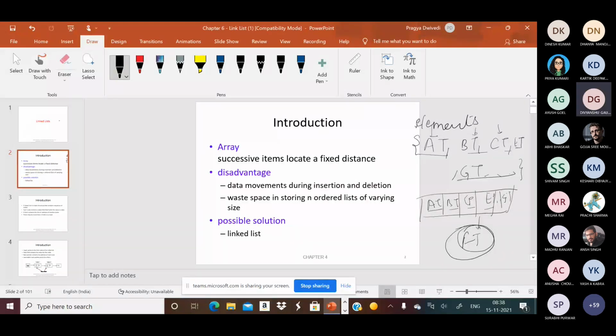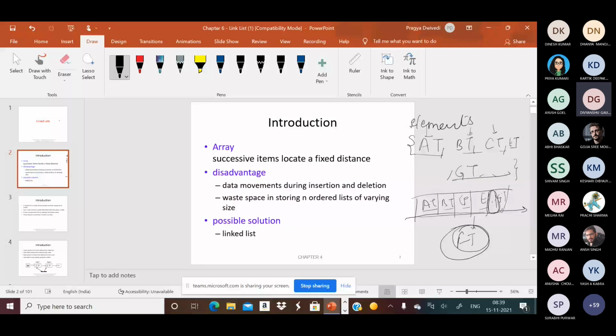Either you shift the elements in this direction or in that one, so you make one cell free, then you insert the element FT. In this manner, major shifting operations are required, and that will take time. So if we use the possible solution, the linked representation, then it will be easy.